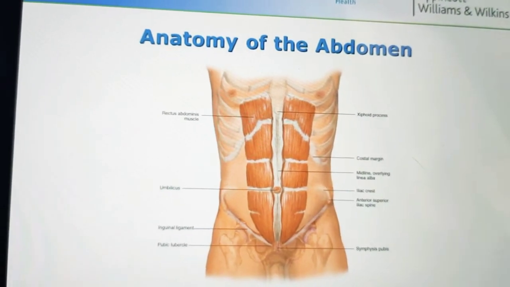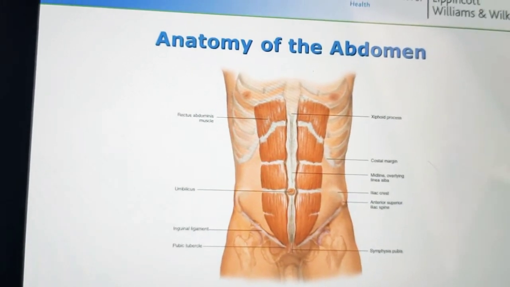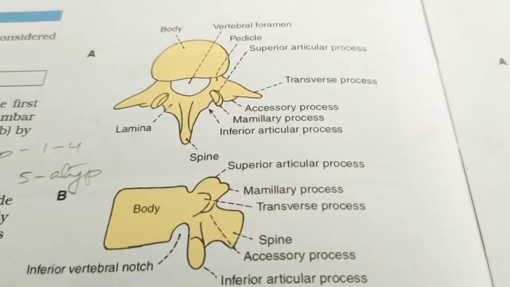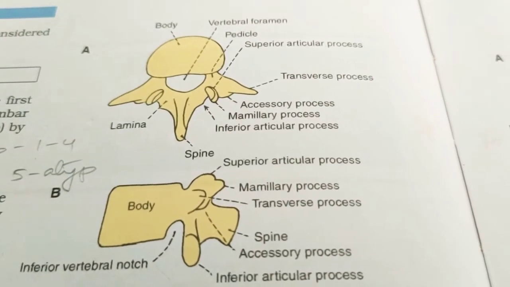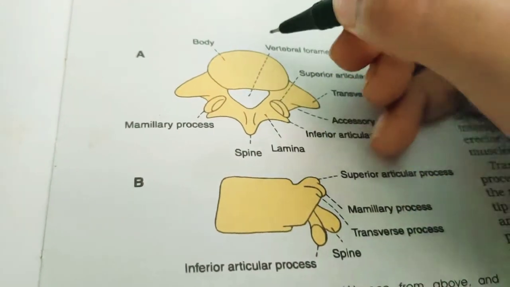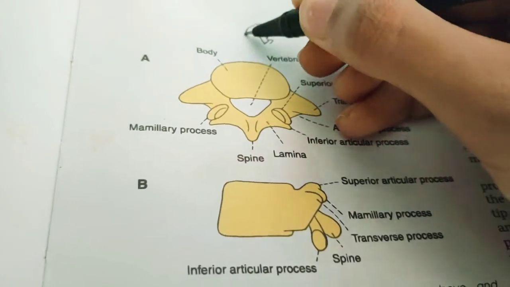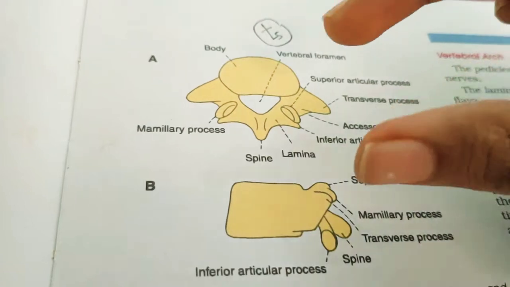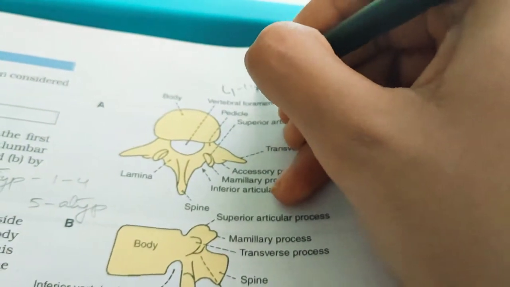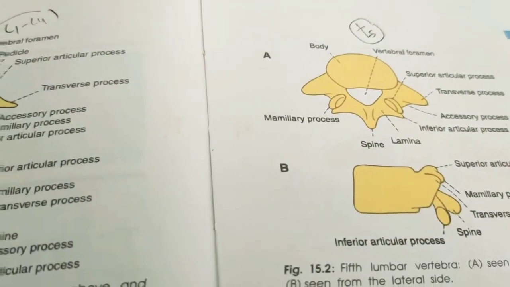So next we are going to start the main thing, that is the osteology of our lumbar vertebra. It is going to be a very easy and interesting topic. So here in this diagram, you are seeing the lumbar vertebra. This is a typical lumbar vertebra and this is an atypical lumbar vertebra. Atypical means the L5 lumbar vertebra. L5 is the atypical lumbar vertebra and L1 to L4 are typical lumbar vertebrae. So why they are typical, why this is atypical, let us find out.